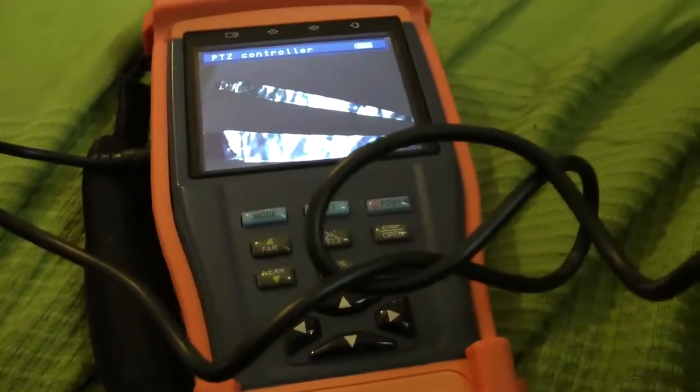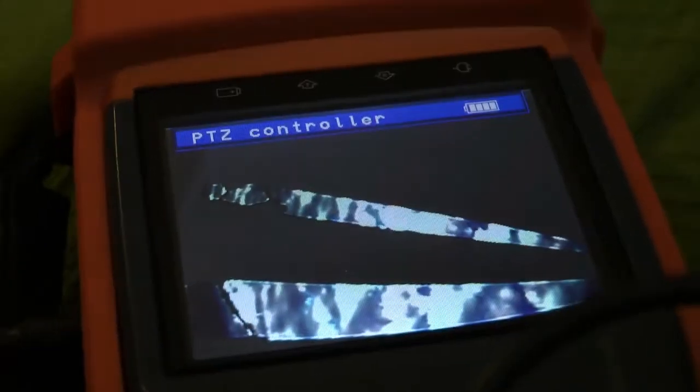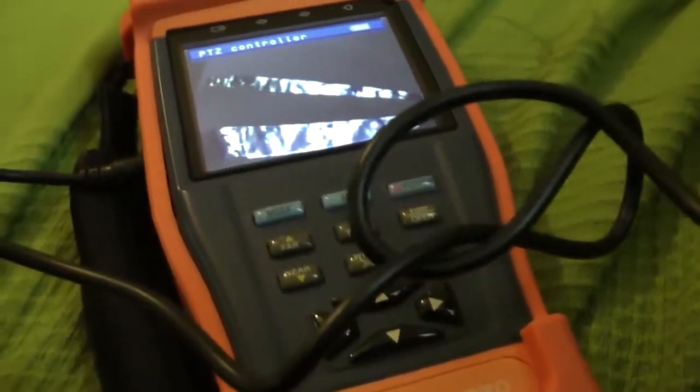Now we have the camera shone through the blinds. Sorry I can't show you anything better. But believe me, it works, and it displays a nice picture. So yes, if you're fitting a lot of cameras outside, especially cameras with manual focus and zoom, then I highly recommend you get some form of monitor. For when you're on the ladders, just remember that once this unit is charged, you remove the wall charger, and this also becomes a 12 volt 1 amp power supply, so you can power your camera when you're on the ladder,